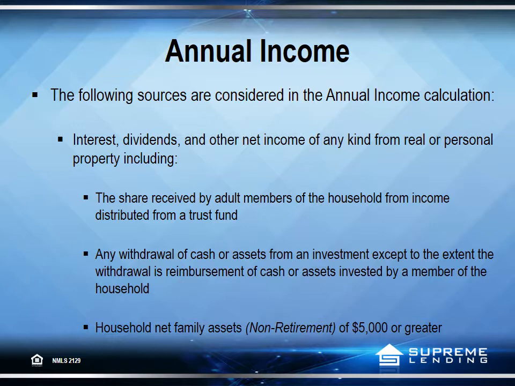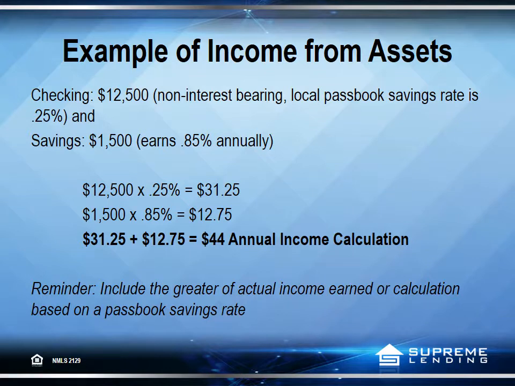Household net family assets, non-retirement, of $5,000 or greater. Let's take a look at an example of income from assets. A checking account has $12,500 in a non-interest bearing account with a local passbook savings rate of 0.25%, and a savings account with $1,500 that earns 0.85% annually. The first part of this calculation would be to take the $12,500 in the checking account